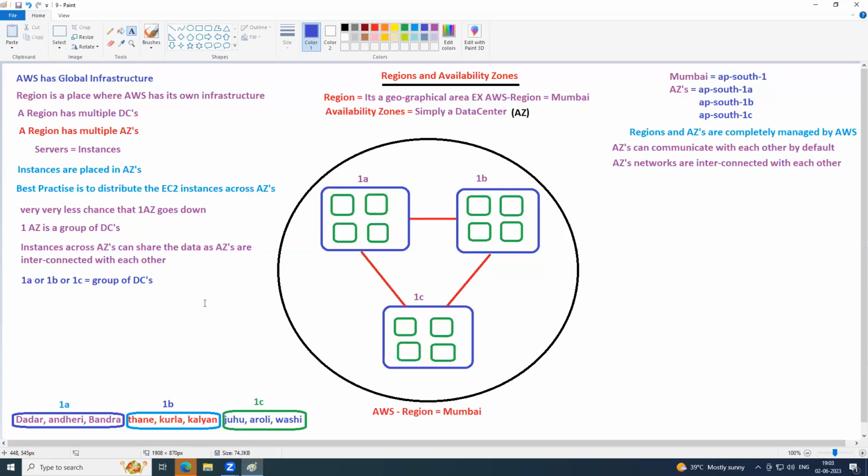So do you need to worry about why they keep the data center in Dadar, or why they keep the data center in Andheri? Do we need to worry about it? No. Super. And now,